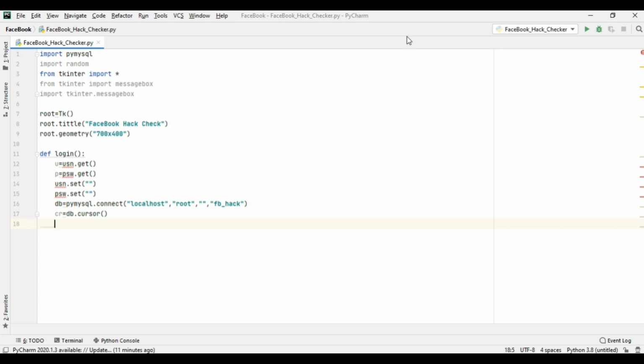Now we will execute a SQL command so that our username and password values can be stored in the respective columns of the database.